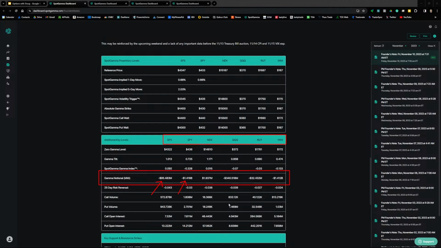All right, so ICAJED asks, can you share the script for inserting the price levels in Thinkorswim? No, sorry, I can't do that. That is available to Spotgamma subscribers. So you need to subscribe to Spotgamma to get that script. So sorry about that. Again, it's available to Spotgamma subscribers.